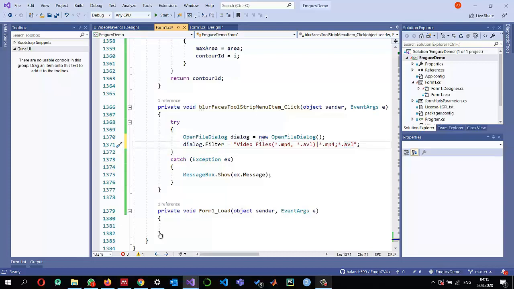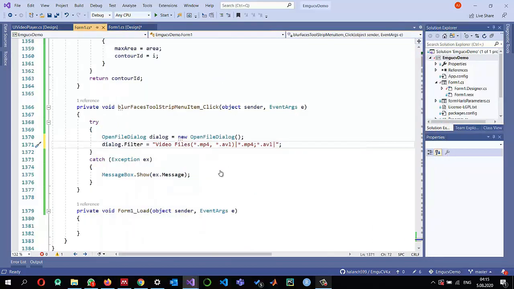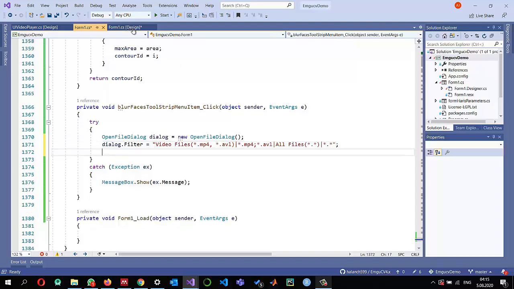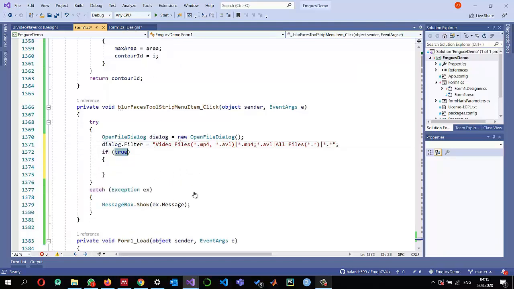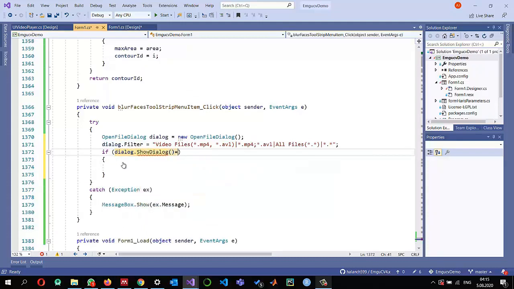If we want to see all the files, then we can also put a pipe and do something like all files, which means we are interested in all types of extension, and then again a pipe, and we can set star.star. Okay, and then we show the dialog to the user: if dialog.ShowDialog equals DialogResult.OK,